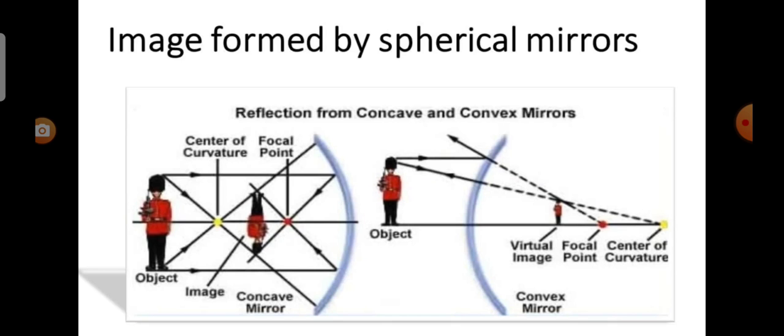We saw that the parallel rays of sunlight could be focused at a point using a concave mirror. Now let us place a lighted candle and a white screen in front of the concave mirror. Adjust the position of the screen. Move the screen front and back. Note the size of the image and its shape. You can see a small and inverted image.